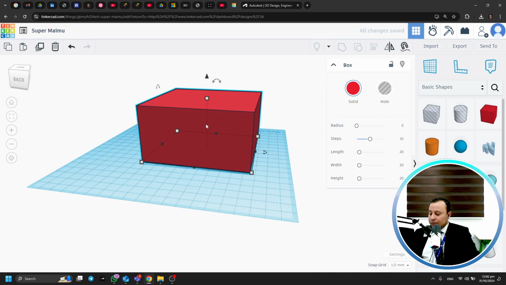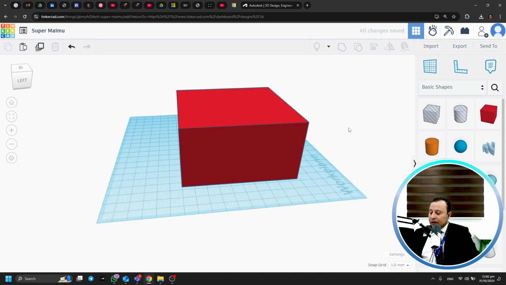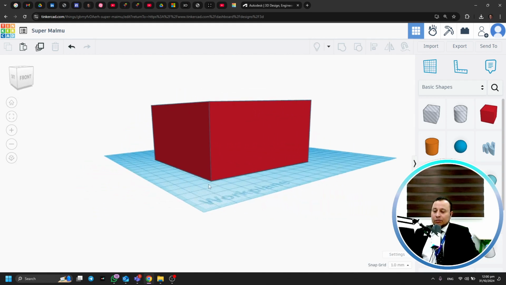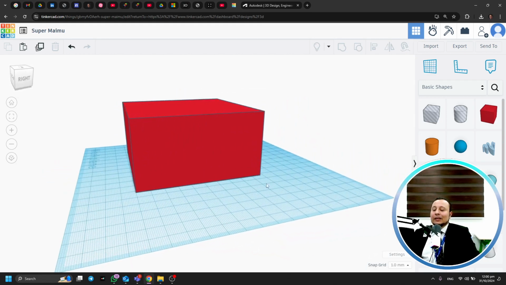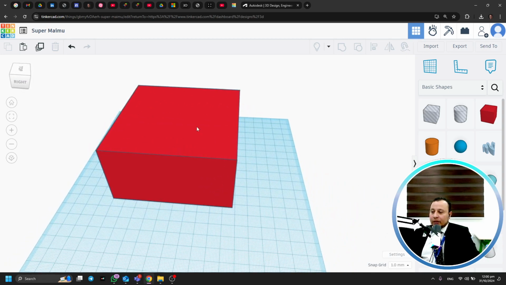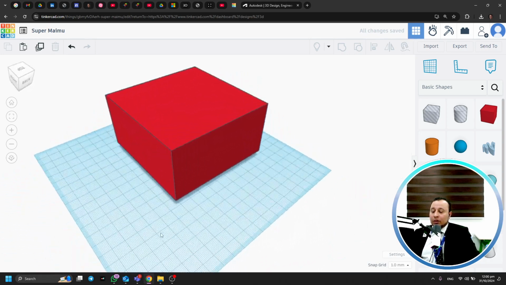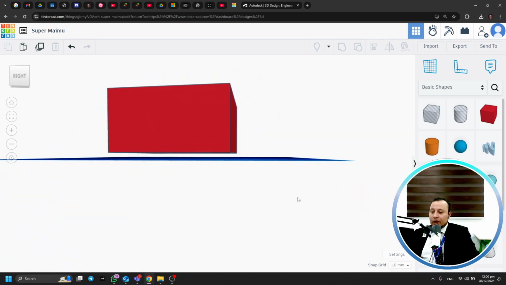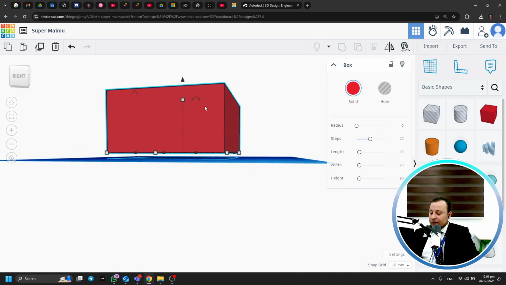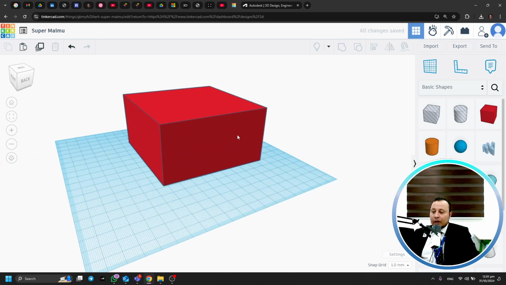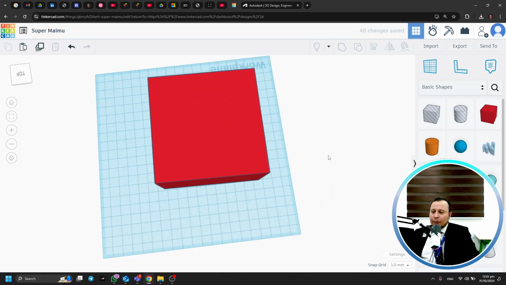Or you can select the object and click the D button on the keyboard. It's a shortcut for drop to the floor. If you're not sure if something is exactly on the floor, because it may look like it's on the floor, but if you look from ground level you'll see that it's raised up a little. So you select it and click D on the keyboard, and it will come down to the floor. Anyway,